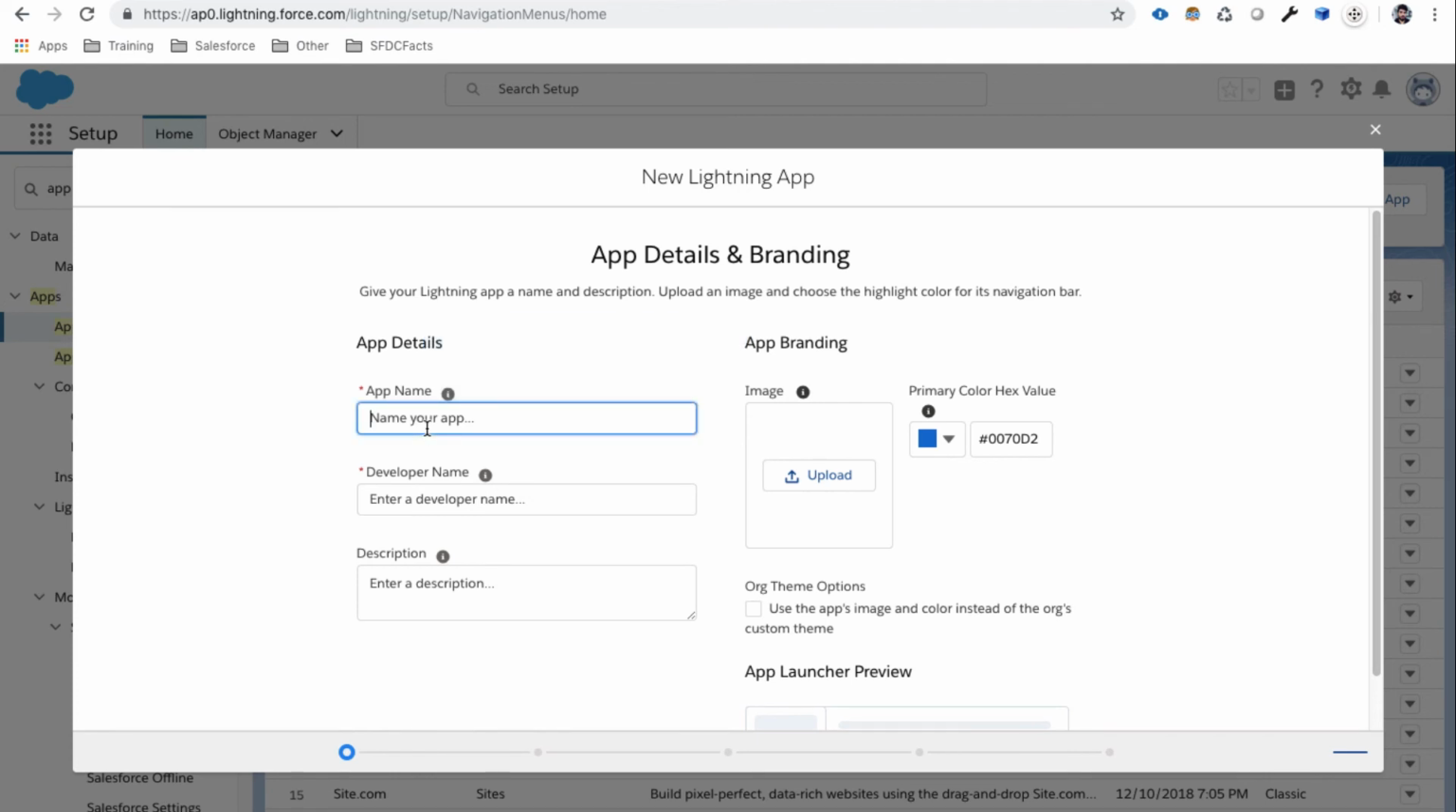I'm going to give my application the name SFDC Facts Events, since this application will be used to handle all the event management part of SFDC Facts. The developer name will be picked automatically based on your app name, and in the description, we can give something like